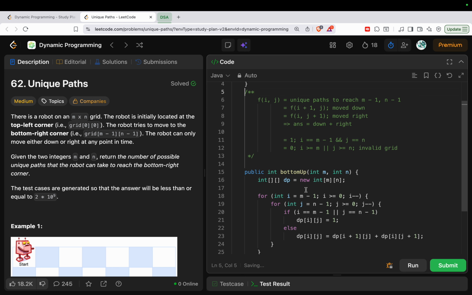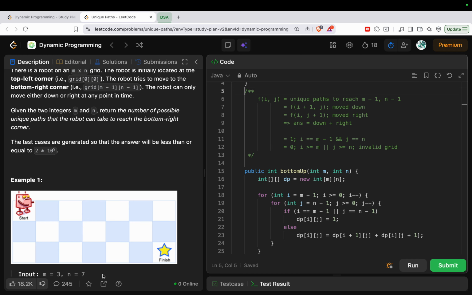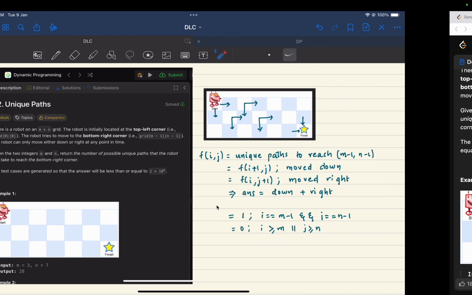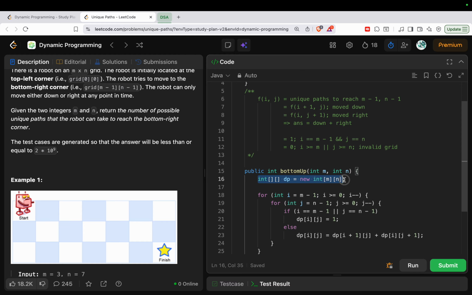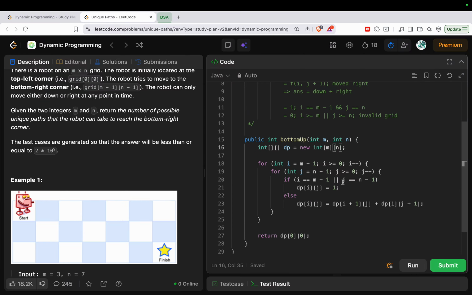Okay, so as I know, this is an m by n grid, so I will go all the way from 0 to m, and j is going all the way from 0 to n. So the total number of unique states I have is basically m times n. So I have defined a dp array of size m times n. Okay, now